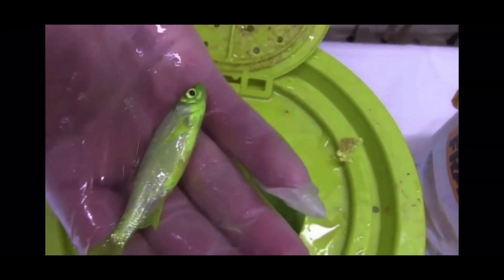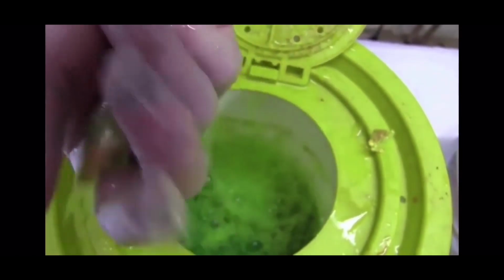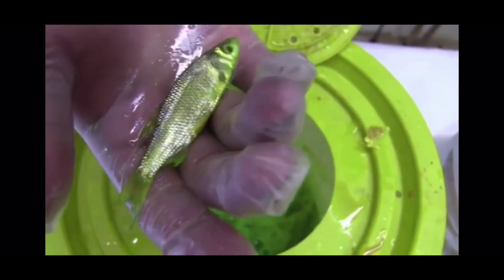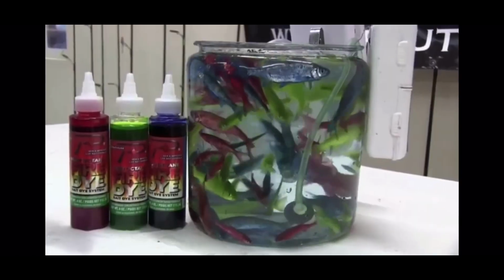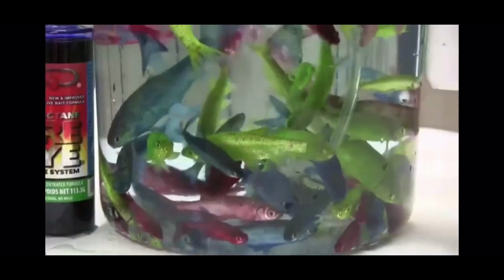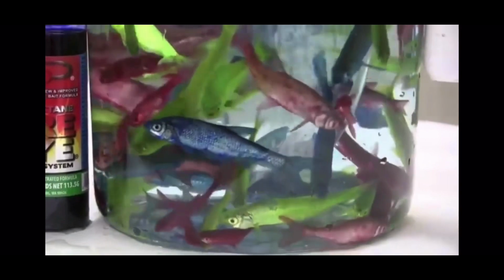I don't know about you guys, but I find this very disturbing. I mean, do you really need to do this to a fish? Especially just for the hobby? I don't know what to say. And I think part of this process, they have to aerate them afterward. I'm not really sure what. This is just,